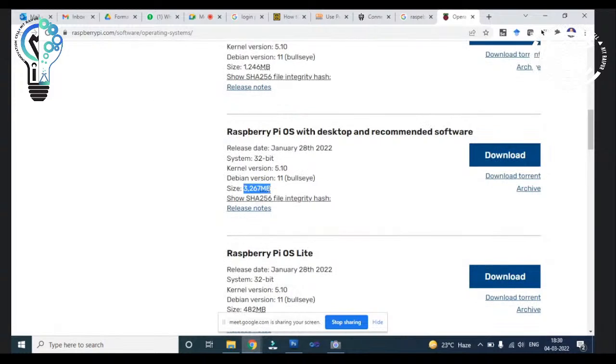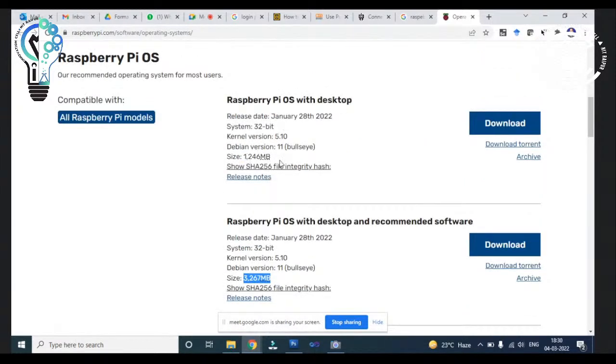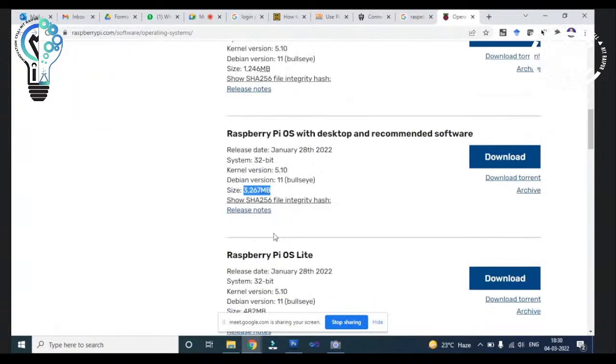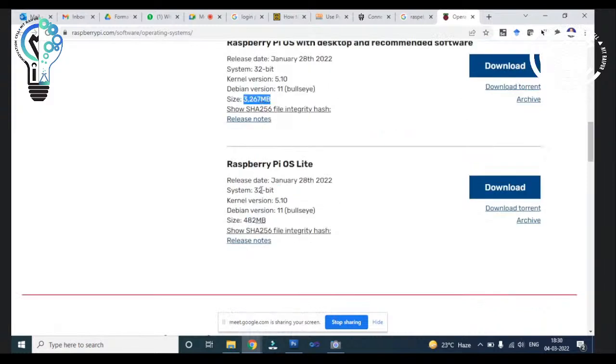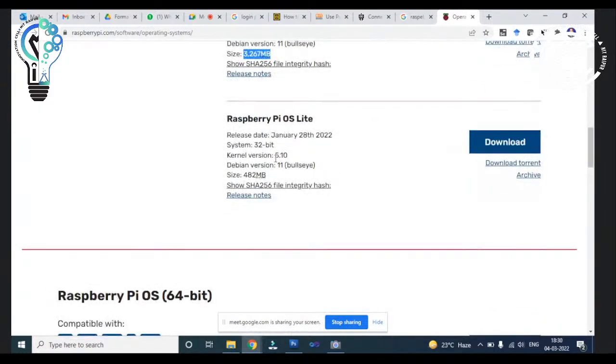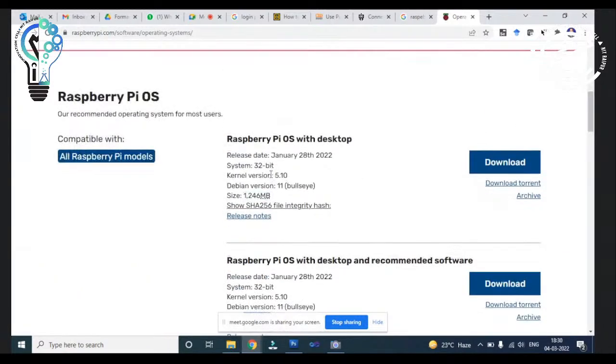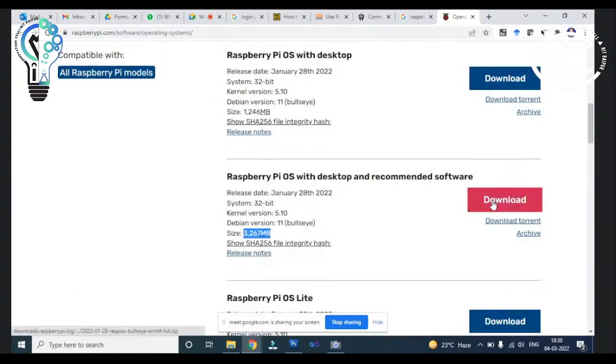Sorry, it's 3267 MB. And then here you have 1246 MB, right? So approximately 1 GB, and the other is approximately 3.5 GB. Then you can see the Raspberry Pi OS Lite, that is 482 MB. So you can download any version of this Raspberry Pi OS.